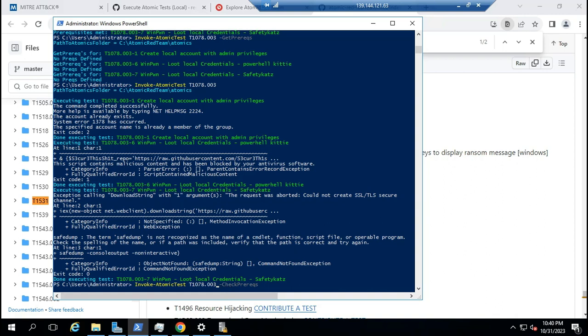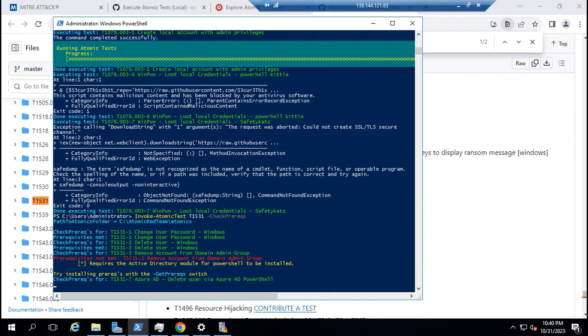Before you run the tactic, I'm giving you advice to maybe check the requirements first if you want the test to run smoothly. Okay, wait. T1531, check.